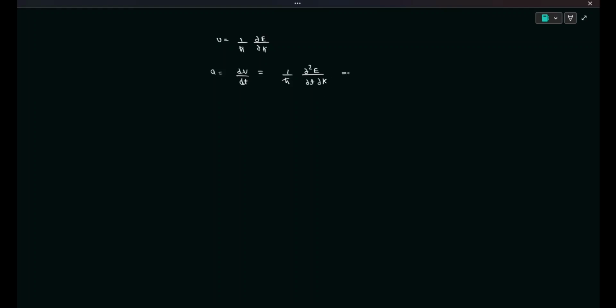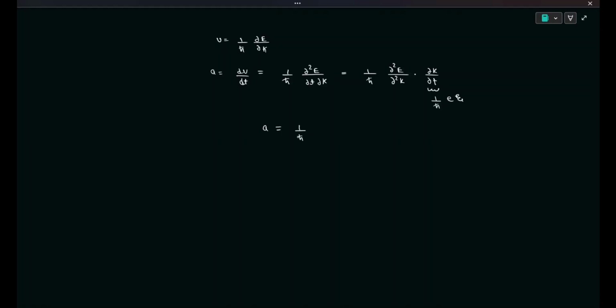So this can be written as 1 divided by ħ ∂²E by ∂k² times ∂k by ∂t. And we have calculated this ∂k by ∂t as 1 divided by ħ times the electric field eE. So therefore the acceleration for the electron will be given by